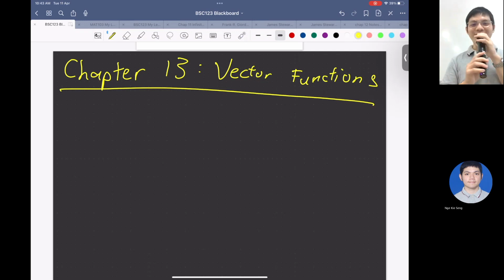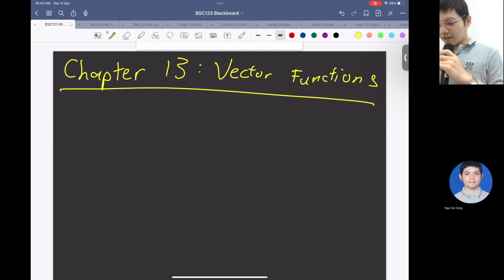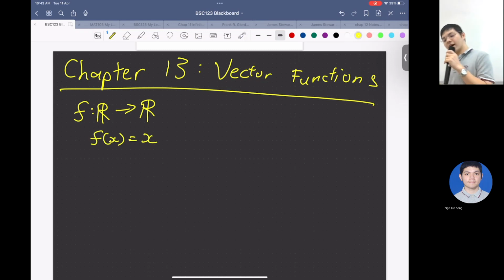Sorry. Come back. So, okay, let's start vector functions. So what have you learned? You learned functions from R to R, for example f(x) = x. And then what you learned in the first chapter: you have parametric equations for a curve. That is